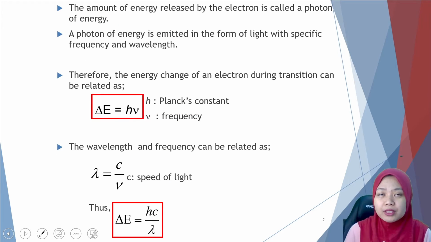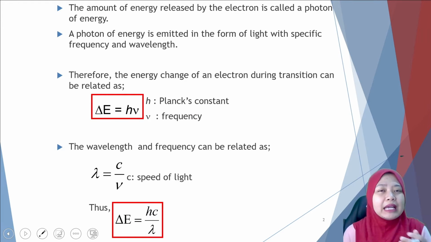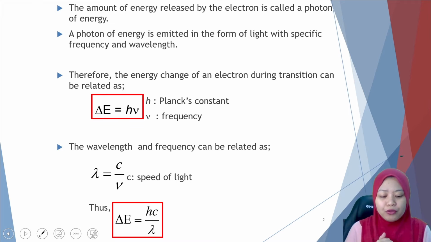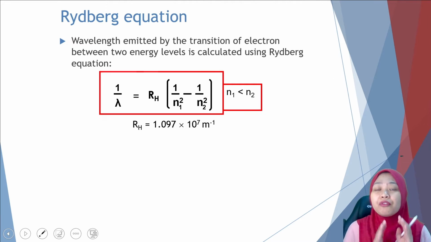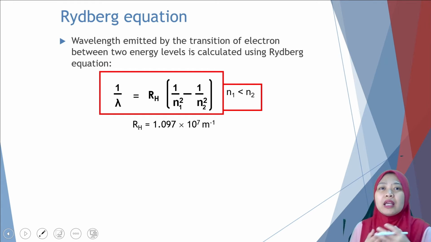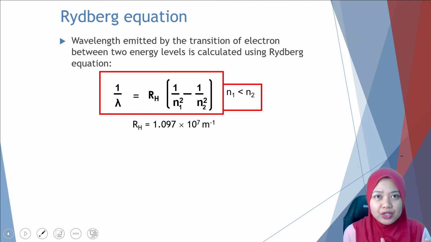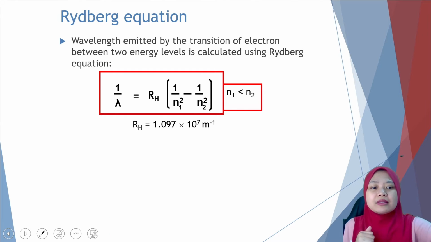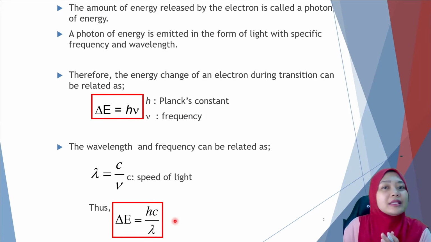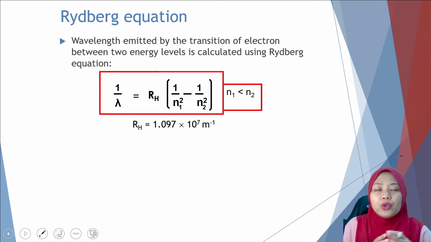Compared to this formula, you can also get the wavelength, but the work is more. You have to find the delta E first, then you use the other formula to get the wavelength. Therefore, my advice is, if the question gives you a transition and asks for the wavelength, it will be easier for you to only use the Rydberg equation to directly get the value of wavelength. Some students are more comfortable finding delta E first and then the wavelength. No problem. Okay, but you have to read the question carefully because sometimes the question specifically asks to use